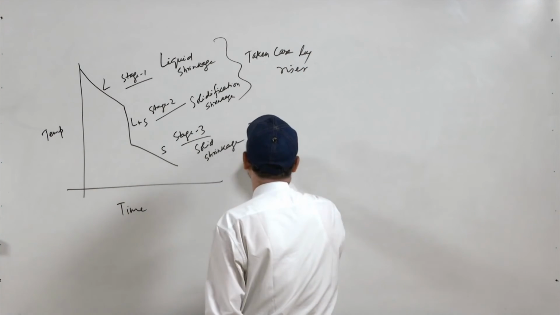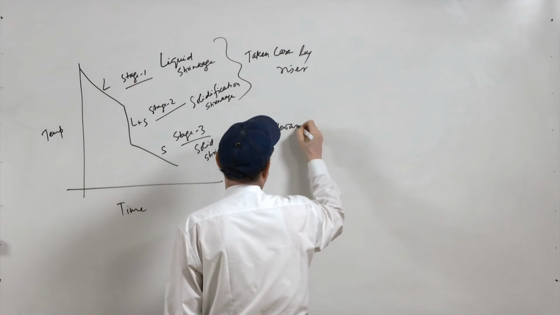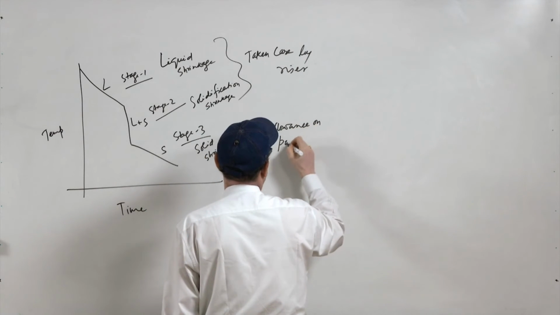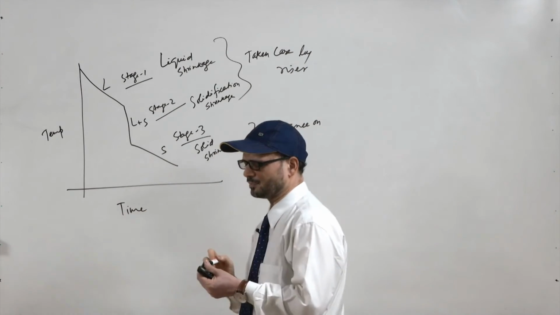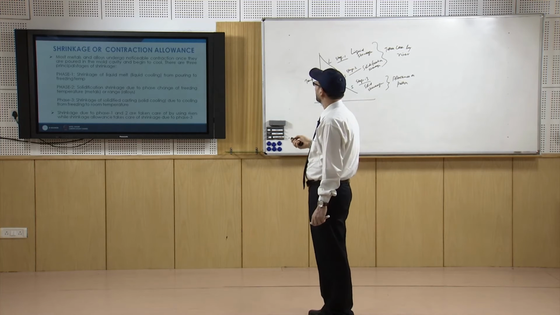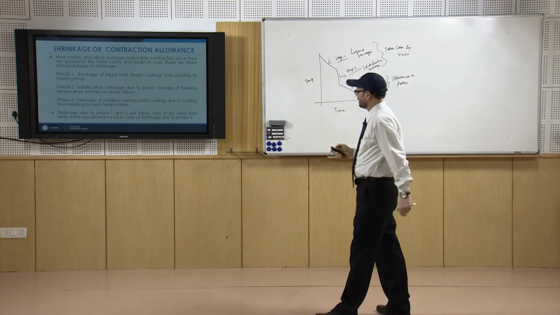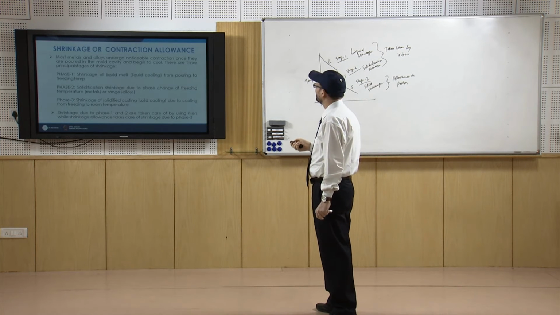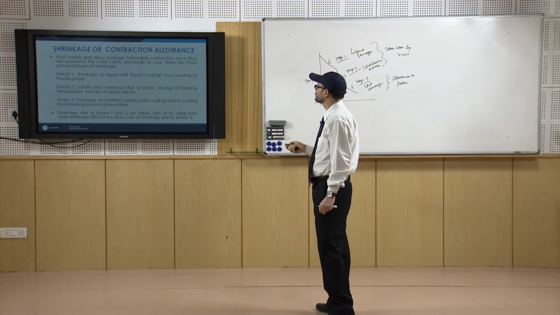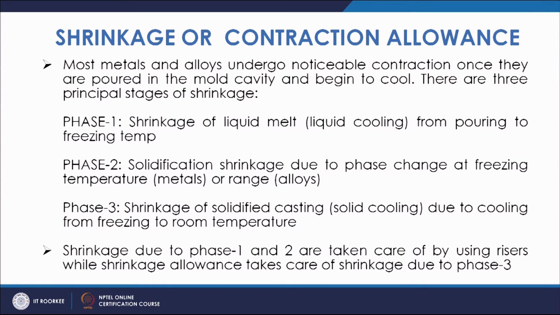And this is done by allowances, allowance on pattern. This allowance is nothing but the shrinkage allowance. Most metals and alloys undergo contraction when converting from liquid to solid state, and there are different phases. Phase one is liquid shrinkage, phase two is solidification shrinkage, phase three is solid shrinkage or solid cooling. One and two are taken care of by the riser, whereas the third is taken care of by